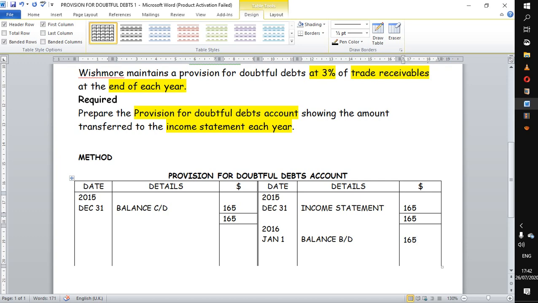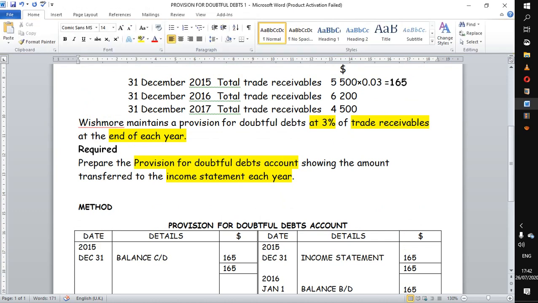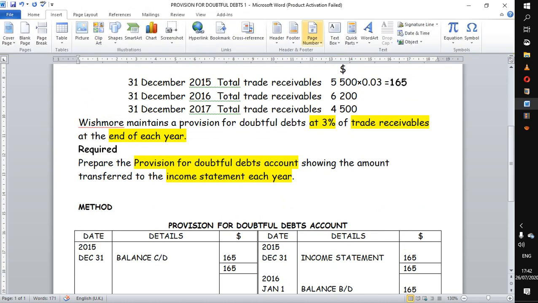Okay, now we are in the year 2016. We also want the 3% for this one. We do the same procedure. We calculate 3% of 6,200. How much does it give us from our calculators? It gives us 186. Right, now the new provision is supposed to be 186, but already we have a provision